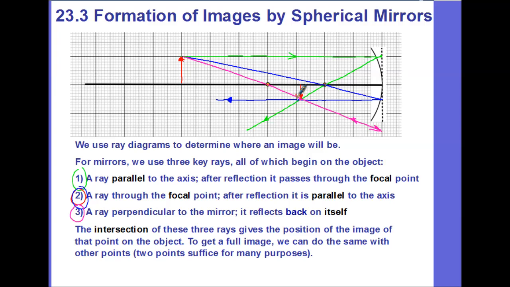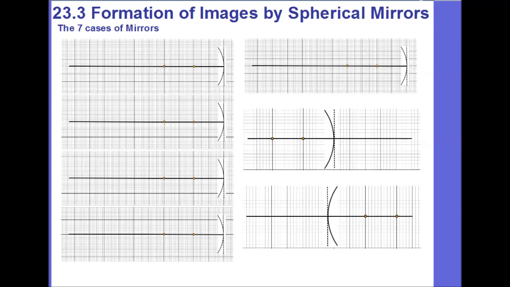Now, in reality, we have 7 cases for mirrors. Okay, and so one of those cases that I just showed you, I think it was like case 3 or 4. I can't quite remember what that number is, but let me go through these with you really quickly. So this is, again, just freehand drawings to show you the 7 cases of mirrors. So case number 1 would be when the object